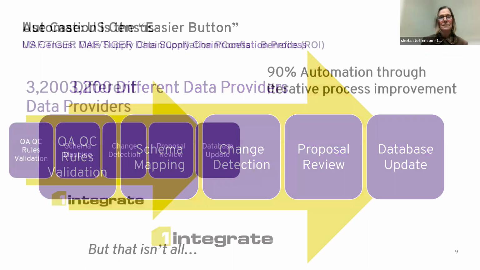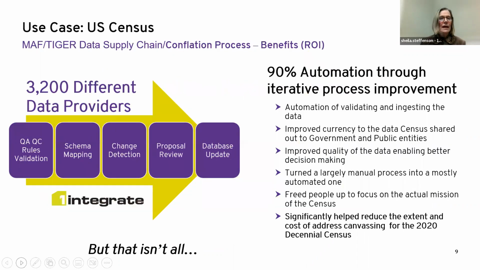Next slide. Thank you. And so as you can see, to date, they are now 90% automated. And this isn't us saying that, this is what the US Census has said to us. And they've gained a lot of improvements or benefits out of this process. And I think one of the most significant ones is the last one on this list, which is that it really did help reduce the extent and cost of the